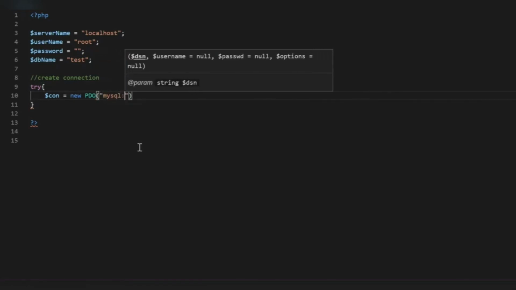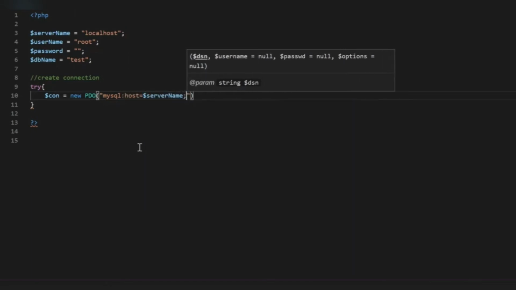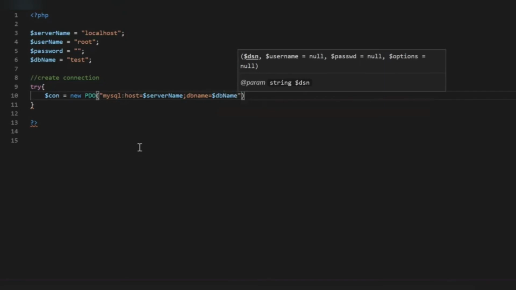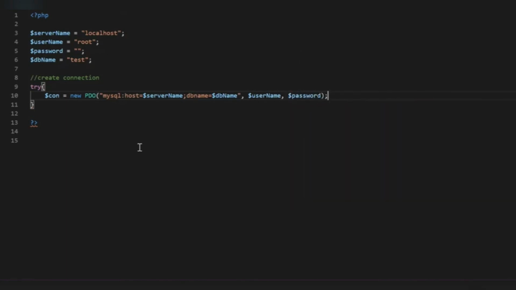Then we will give the MySQL host, which is the server name. Then we will give the DB name, which is the DB name here, and then we will give the username, which is the username here, and then we will provide the password.